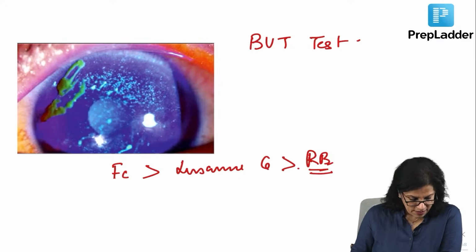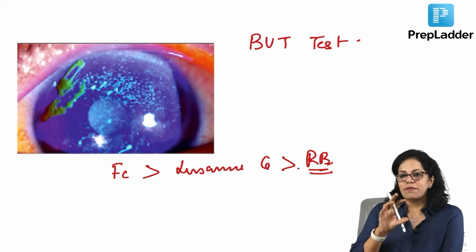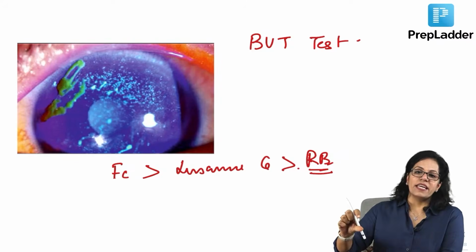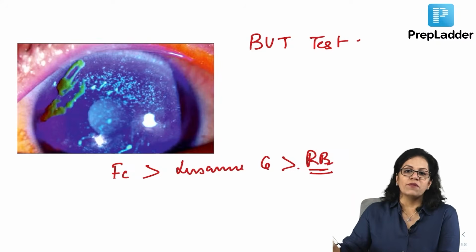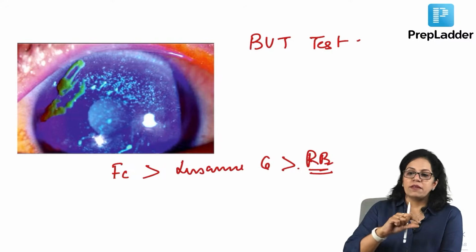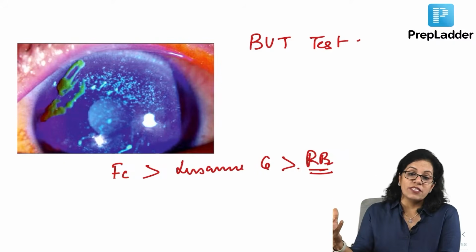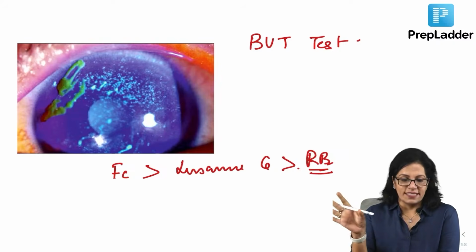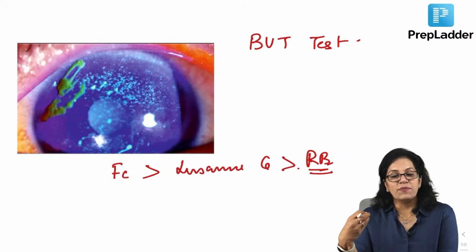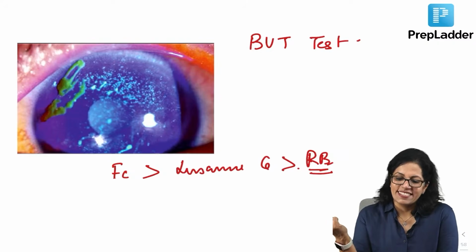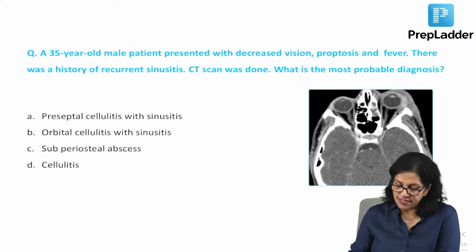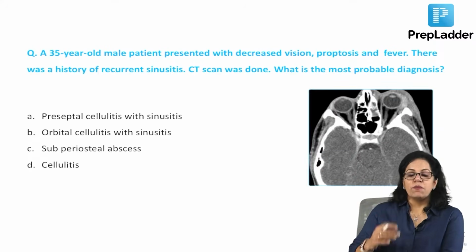So, when you talk about the base of the ulcer, let me tell you, we learn this in dendritic ulcers, in herpetic ulcer. If you look at the dendritic ulcer staining, the margins are stained with Rose Bengal and the base with fluorescein, because fluorescein will stain a denuded epithelium and the margins have Rose Bengal. That means the margin takes Rose Bengal stain because they are virus-laden dead cells at the margin. Otherwise, you simply have to say that any ulcer area, any denuded epithelium will stain with fluorescein. Okay? I think this is clear. So, the question of base and margin comes with dendritic ulcer. Okay. So, this was also your PYQ.